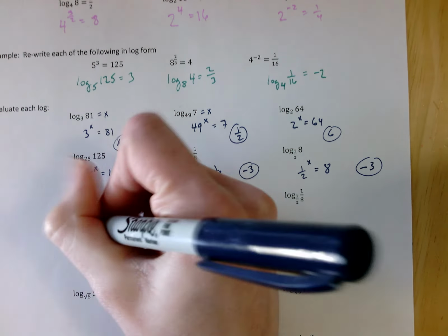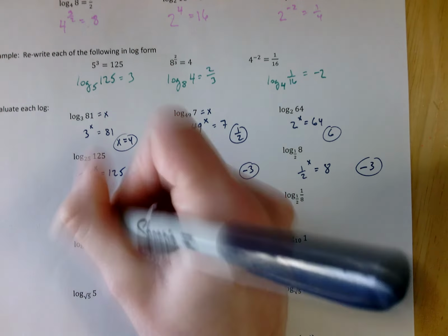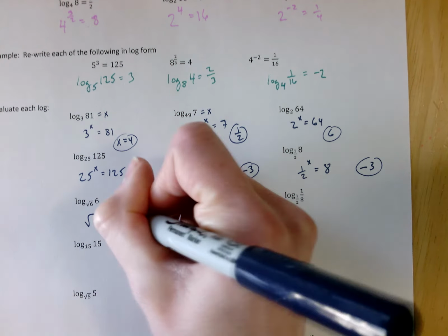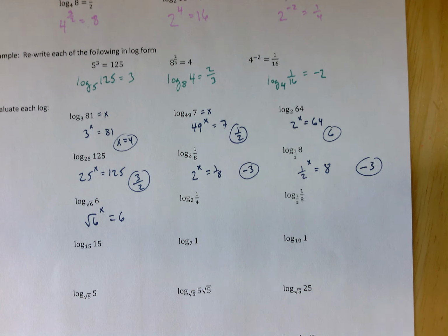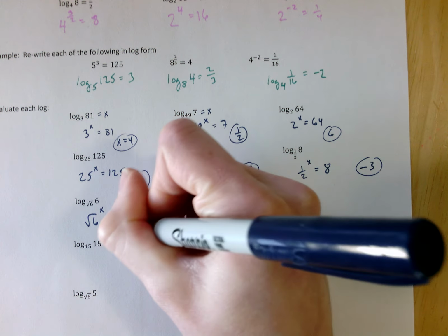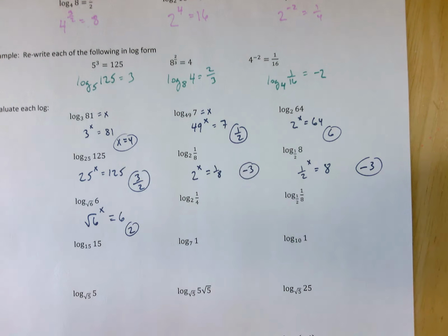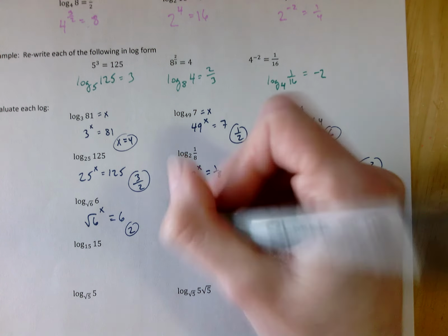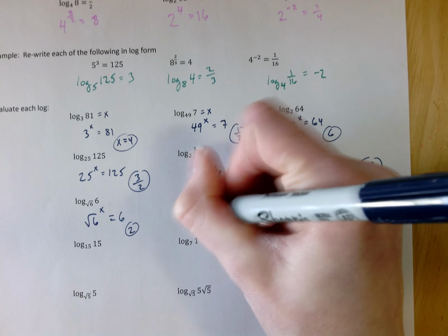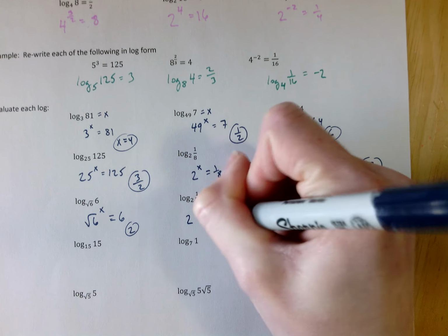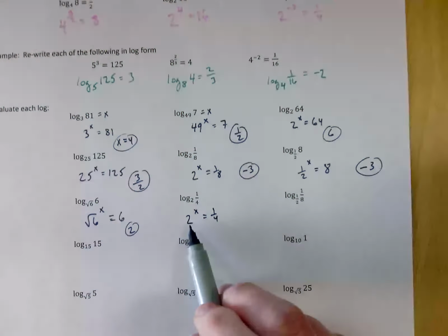Okay, this number, little number becomes a big number. Number on the outside wants a friend. Stuff in the middle wants to be left alone. How do you go from the square root of 6 to 6? You square it, right? So you multiply it by itself. Okay. Next one, we want to know what number, or 2 to what power equals 1/4. So I'm going to have to